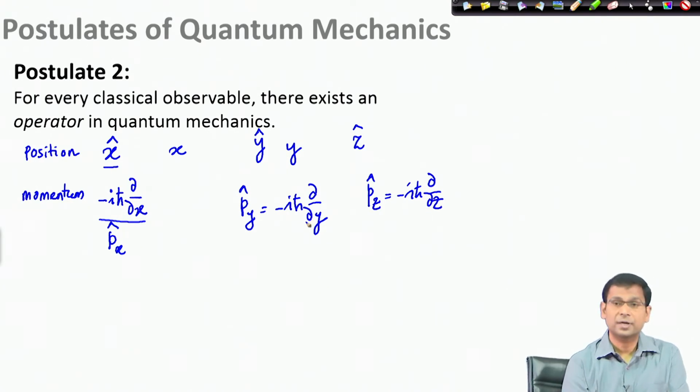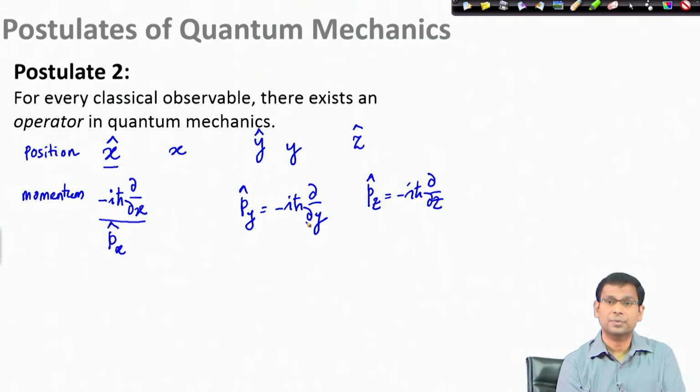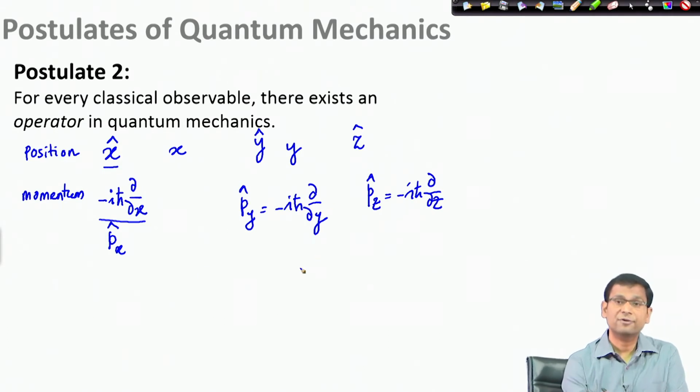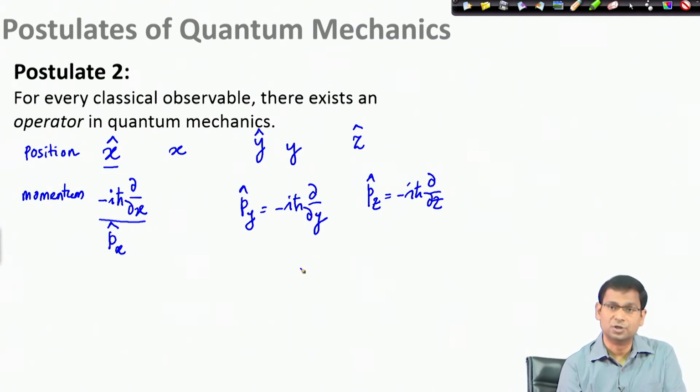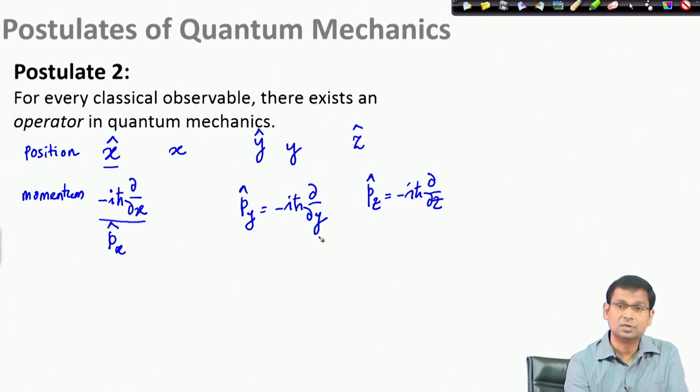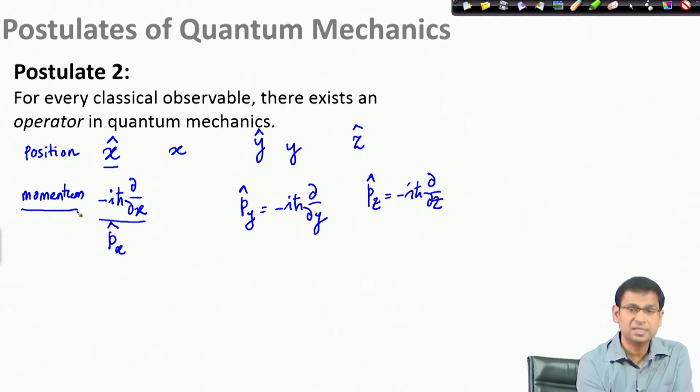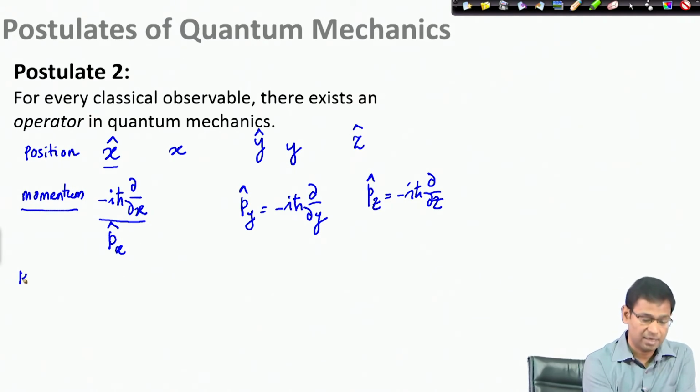The reason why I am using partial derivative is that p y differentiates the function only along the y direction, but the function may have dependence on x and z, so this corresponds only to the partial derivative. But if your function has only one dimension, either x or y or z, then this partial derivative becomes a normal derivative. If I know the momentum, then I can get the kinetic energy, which is given by